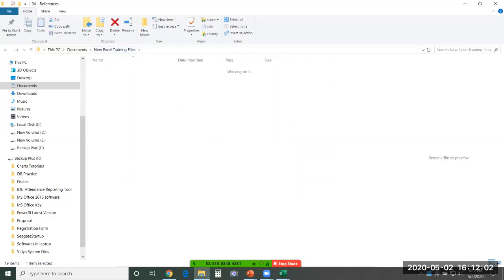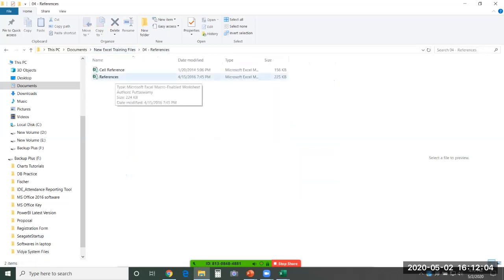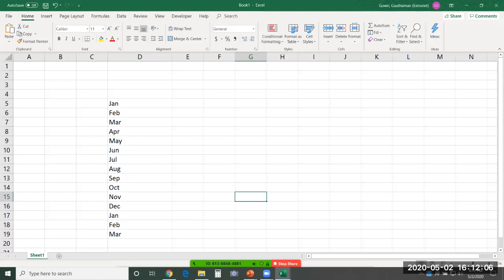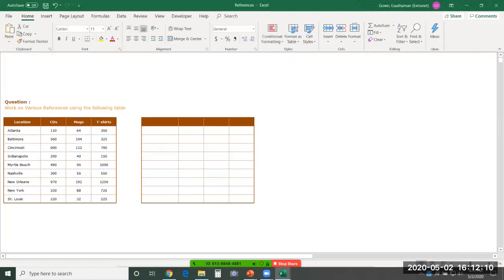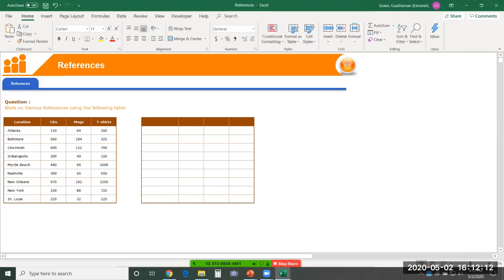And in the references section, especially this part, we'll be teaching you how to use the cell references. There are different types of references available to us in Excel, and we'll be teaching you the difference between them. These references are very important for us to use in the formulas. So this chapter has got a special place in the Excel course. For you to master the formulas that you apply in Excel, you need to know this chapter first of all.